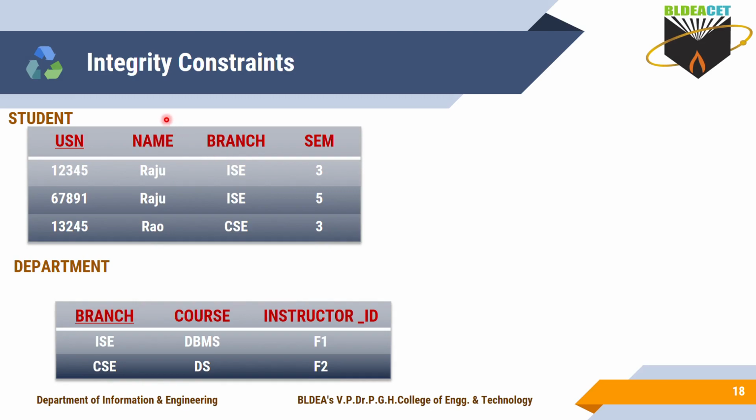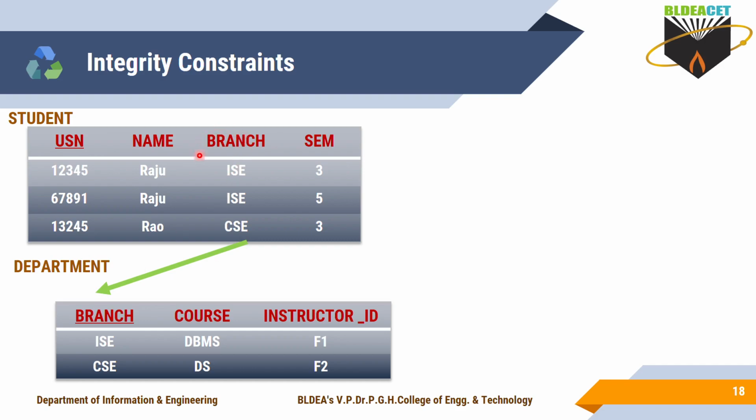Okay. Next type of integrity constraint is what we call the referential integrity constraint. For example, I'll take student and department. Is there any relationship between these two? Yes, students belong to some particular department. If a student wants to take admission, then that student must belong to some department here. Then I need to specify that student and department are related. That relationship you have to specify here.